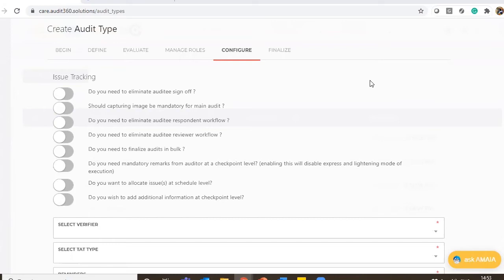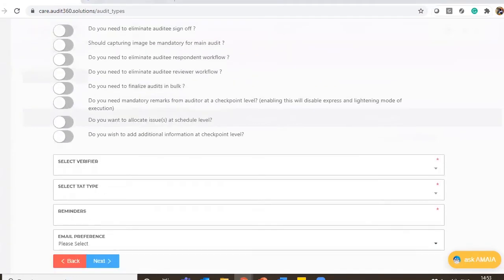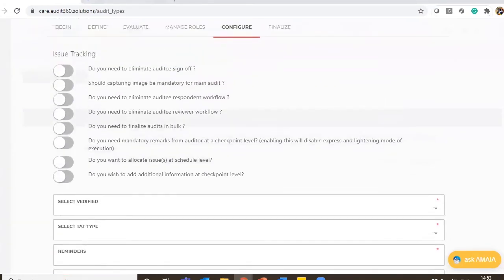Now, there are scenarios when you can create only groups and handle certain requirements. Those are scenarios where, for example, you are doing a branch audit. There are two types of branch audits. There is a normal branch audit and then there is a quick audit. In the normal branch audit, you have a lot of processes and sub-processes covered, and in the quick audit, you have only 2 or 3 processes covered.